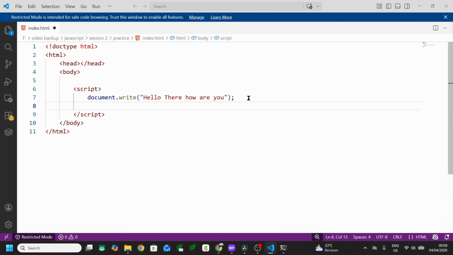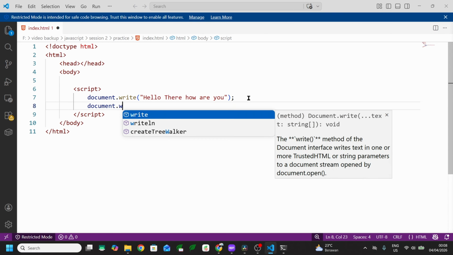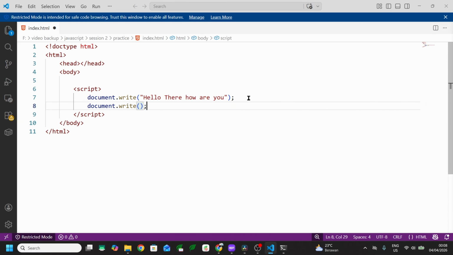You can see the output is like this. And let's write another statement, still using document.write. Another message is, for example, "I like to learn JavaScript programming language." And let's recheck the output. I will refresh our browser, but we have a problem where line 1 and line 2 are on the same line.